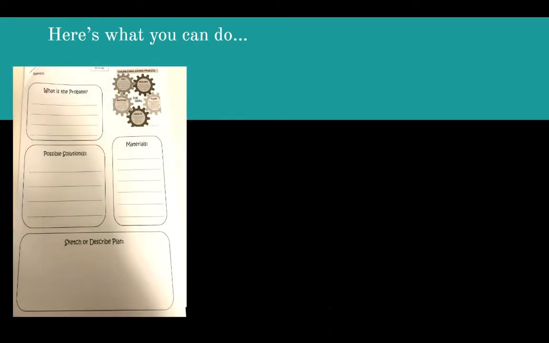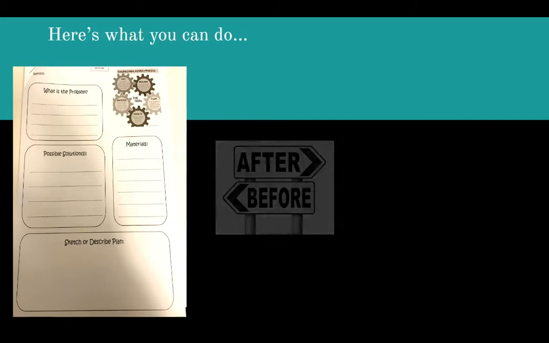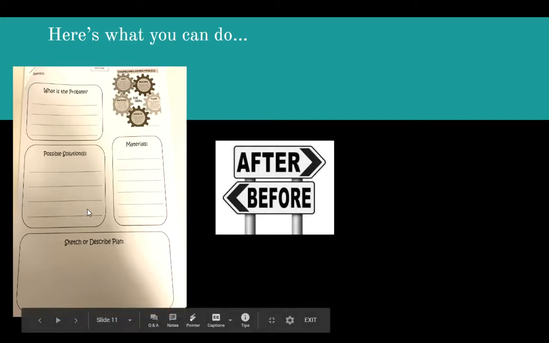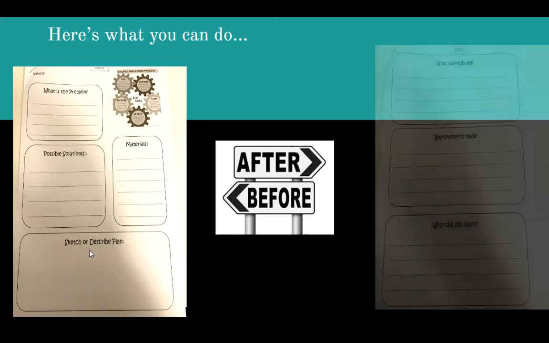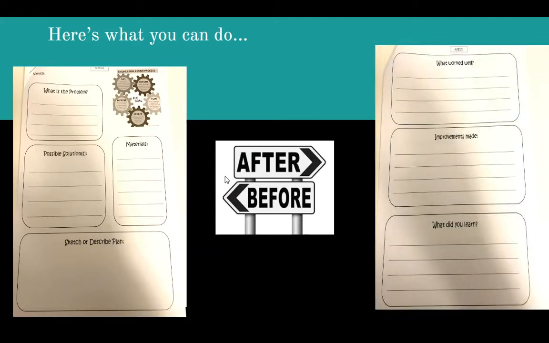Walk through with your child, granddaughter, grandson, anything you want. Let's walk through actual worksheets that they see in class. So here we go. This is what we're going to do before. What is the problem? What are the solutions? What materials? And let's sketch out a real plan. Therefore, after we try the prototype, let's go back through and talk about what worked well, improvements made, and what